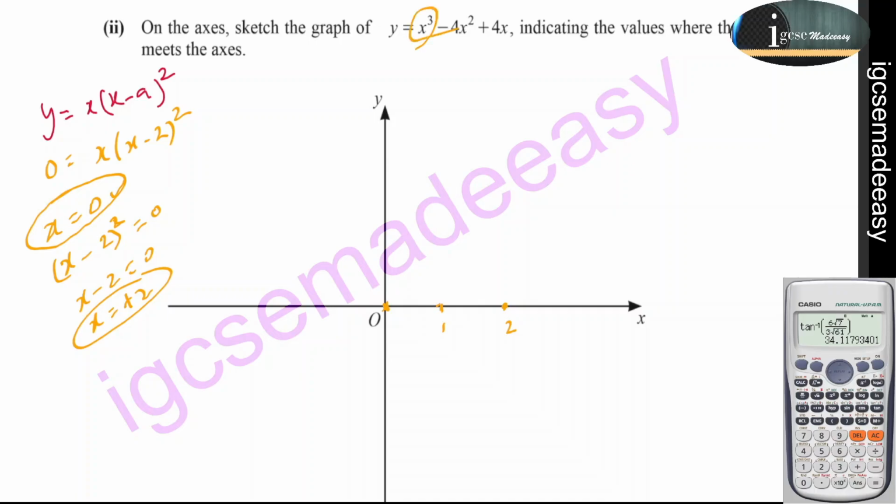Because it's a cubic graph, you should know the cubic graph will be like this, right? It has a maximum turning point and minimum turning point. So let's plot it using these coordinates that we got. It has to touch this point at plus 2, and it also has to touch 0. We just have to indicate the value where the graph meets the x-axis. Indicate is very important. So the graph comes like this, touches the 2,